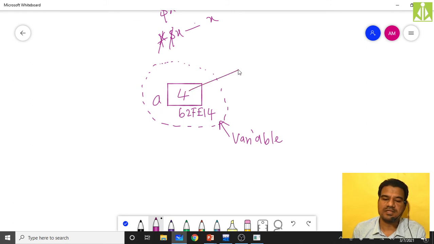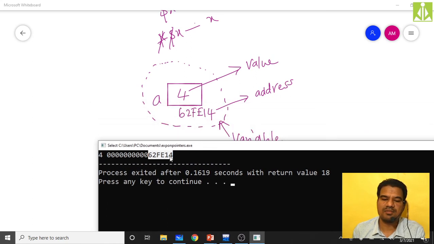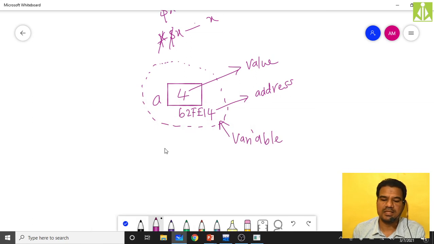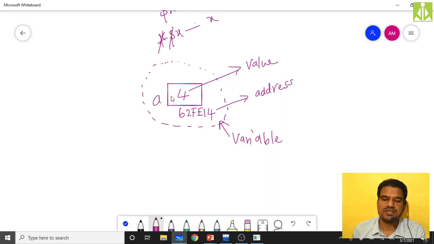Over here this is the value which I stored inside this variable, and this is the address associated with that variable, because just now we printed that address in the program, and I got 62FE14. So this is the identifier of my variable. You remember, this entire thing we call a variable.